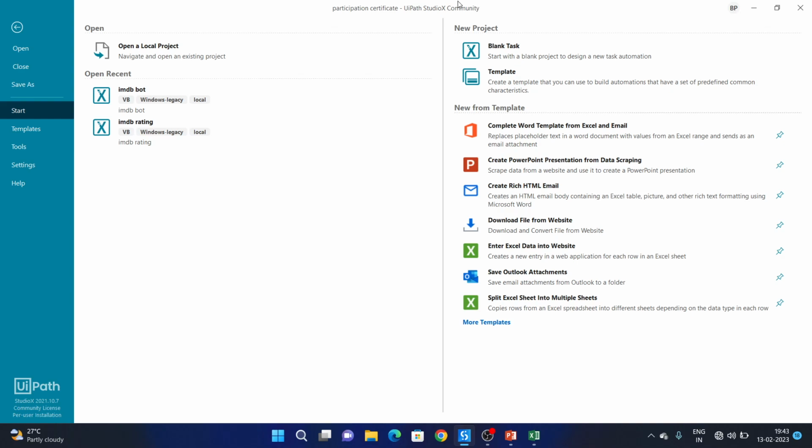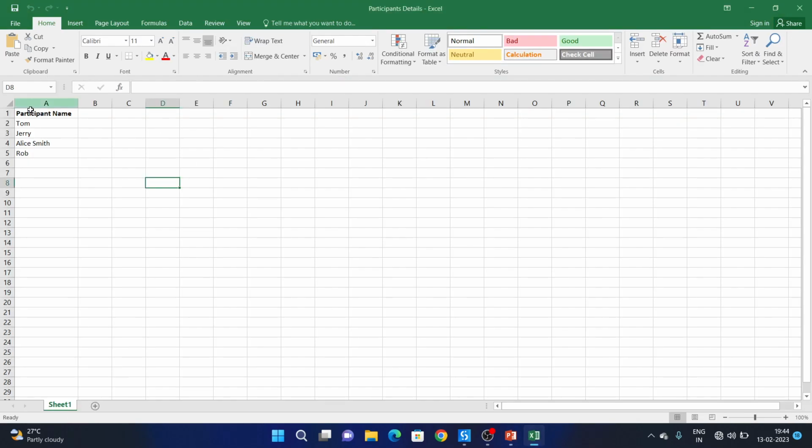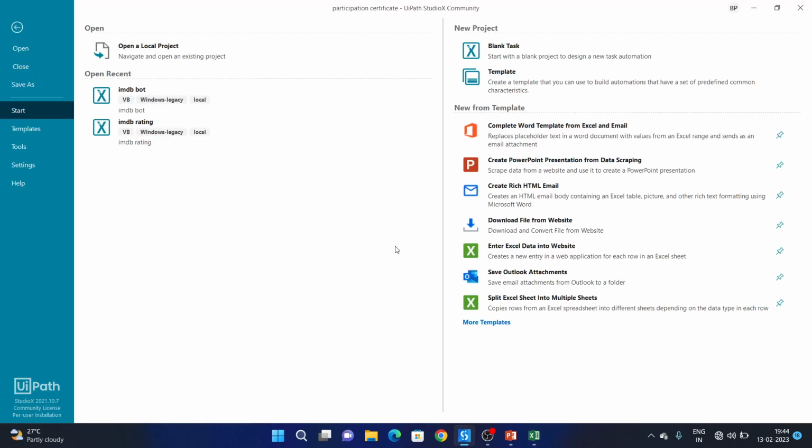For this, I'm going to use the UiPath StudioX software, and the participant certificate that we are going to generate is this certificate. We are going to use this as a template, and the names of the participants will be saved in an Excel sheet, and the names are Tom, Jerry, Smith, Rob. So we want to create a separate participant certificate for these four, and in order to do that, let me